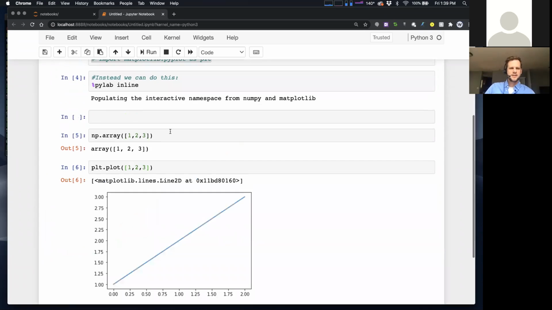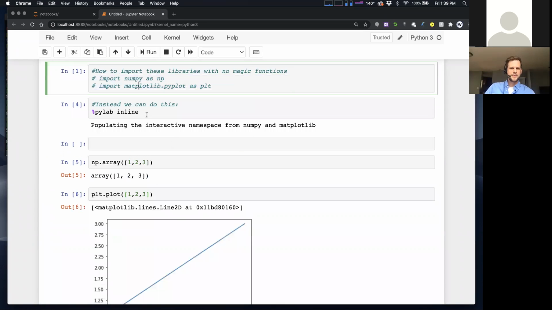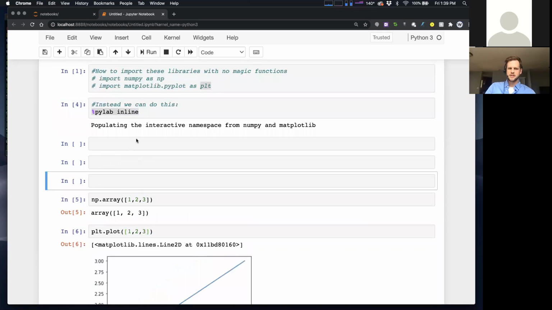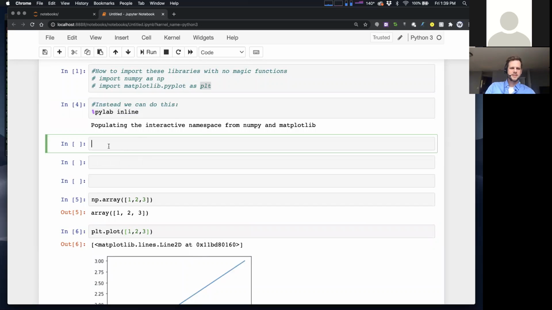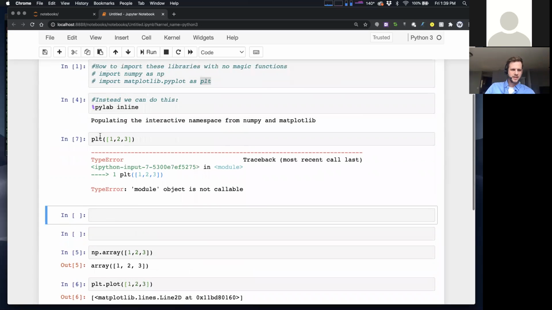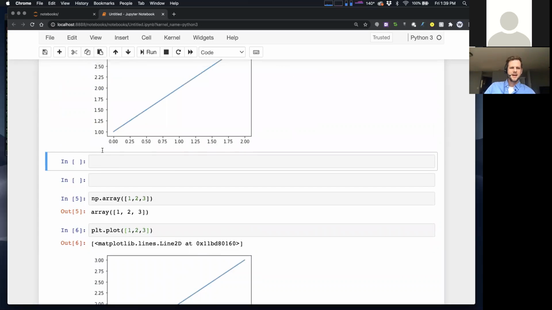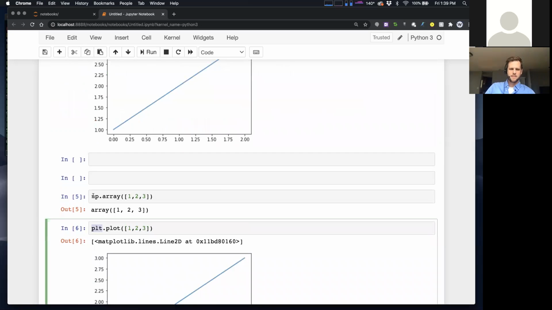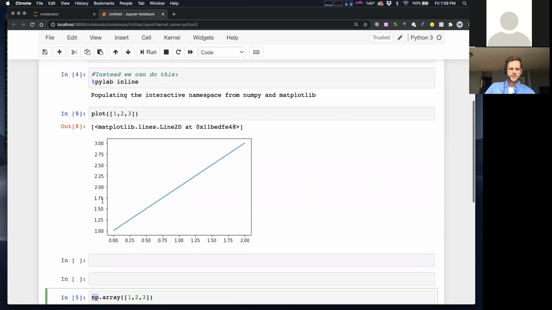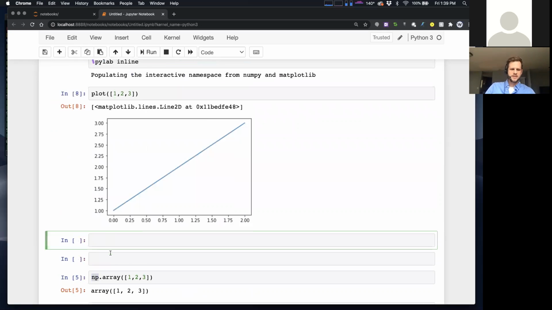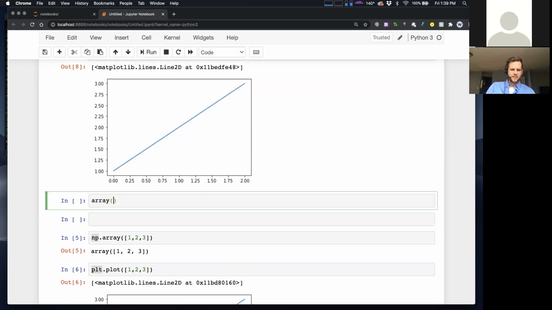And there's one last thing I'll show you really fast. This also does one more thing. It imports these libraries as np and as plt, but it also imports them into the global namespace, which means that if I want to take a shortcut, I can actually just type plot 1, 2, 3. And I don't have to actually use, oh, did I lie? No, I didn't. There we go. I don't have to use the plt or the np. So you have the option. Instead of saying np.array, you could just say array of 1, 2, 3.